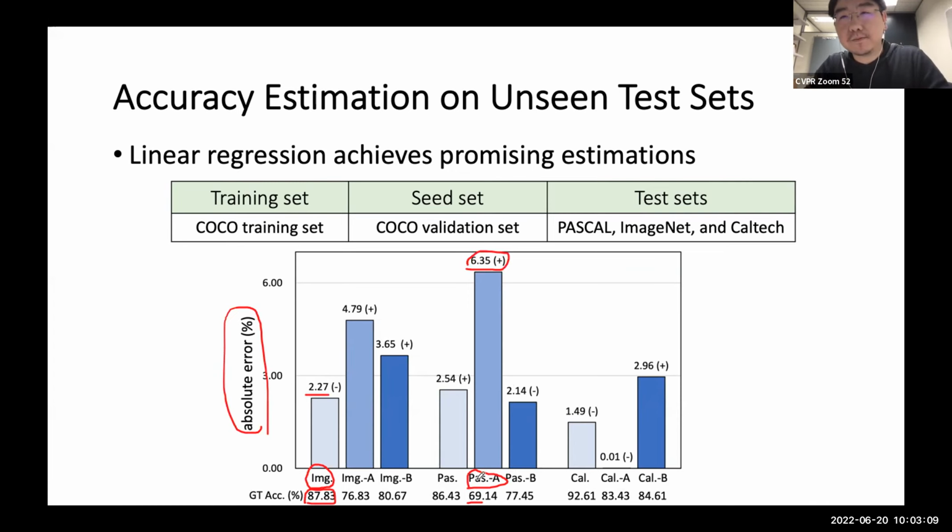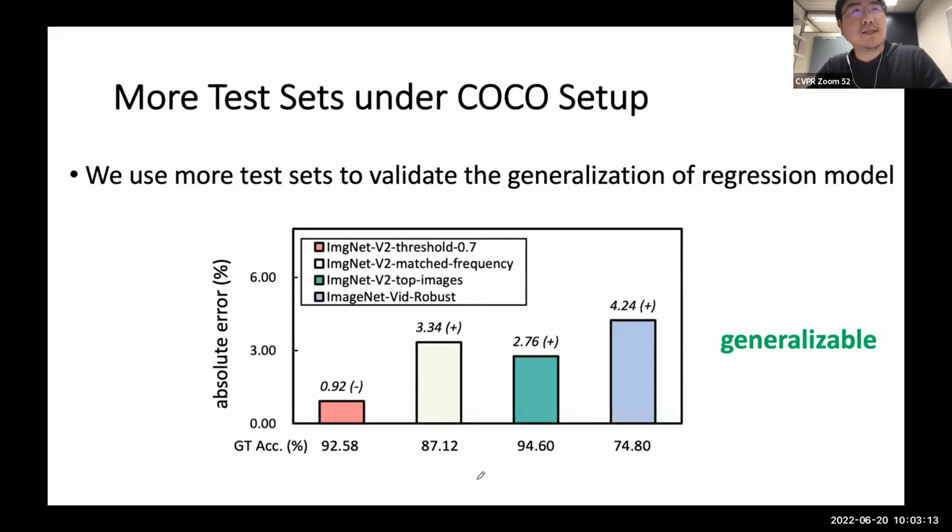We also do this testing on the COCO setup with more test sets. We test the model performance on a few different versions of ImageNet V2.